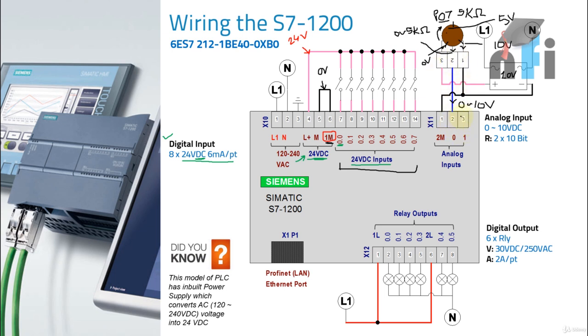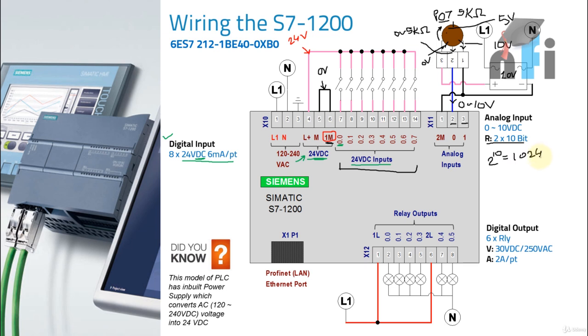What happens inside the PLC with this voltage? If this is at 0 volt, my PLC will have some digital bits. For example, it says resolution 2 into 10 bits. Now what is a resolution? Resolution means the conversion rate of your PLC. 2 into 10 means each terminal has 10-bit resolution. Terminal 2 has 10 bits, terminal 3 has 10 bits. So we have 2 inputs with 10-bit resolution. Now what is 10 bit? 2 raised to the power 10, which is